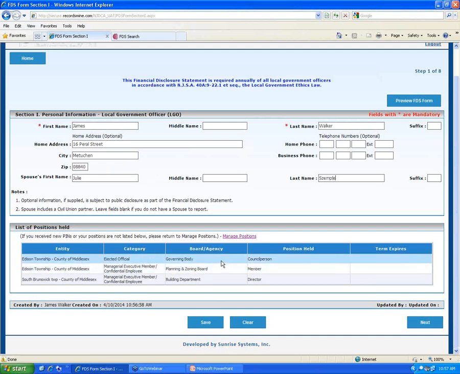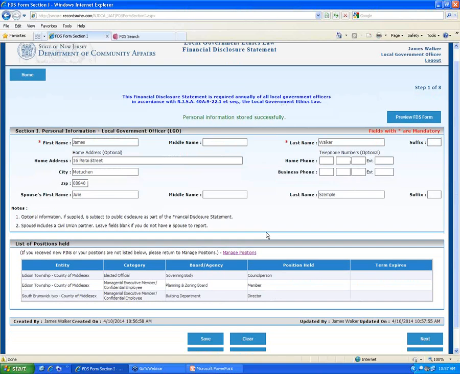You'll see the positions that I'm working with for this form, right? So these 3 positions will be included in this submission, right? So we see them all listed below. Now what we could do is we could do one of 2 things. We can either click on the Save button at the bottom, or we can click on Next. Now, if I click on Next, it actually does save and go to the next screen.